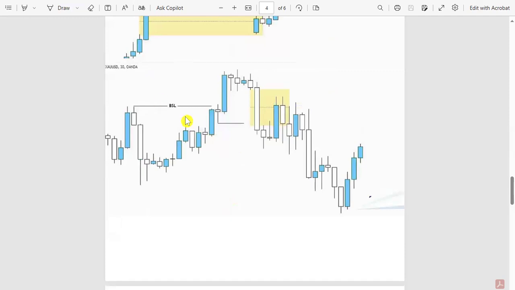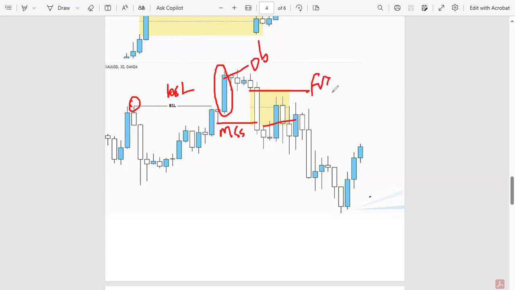And you can see another example here is price on gold, 30 minutes time frame. Very good example of buy side liquidity here. And after liquidity sweep, what happened is market showed this market structure shift there, leaving behind this fair value gap. And this fair value gap is overlapping with this big order block, giving this fair value gap more strength